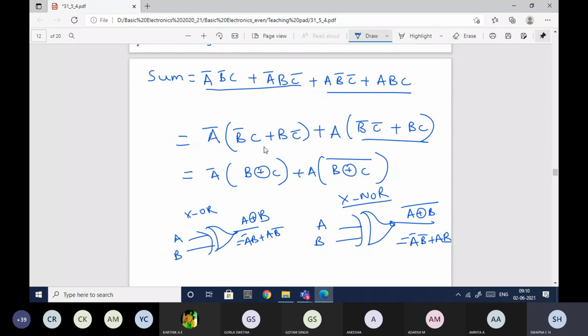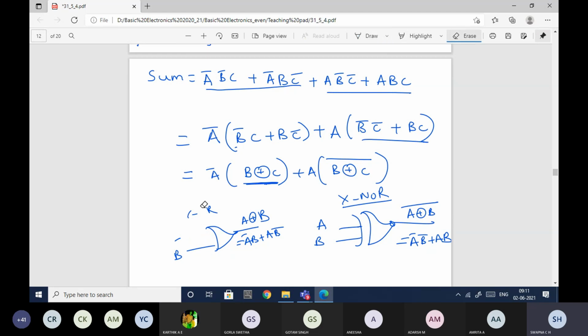Here, if you observe, in place of A and B you have B and C, that's it. So B bar C plus BC bar, which we can write as B exclusive or C, plus A into B bar C bar plus BC, can be represented as B exclusive or C whole bar. Any doubts here? In place of A you have B, in place of B you have C, that's it. In place of A you just have C. So we can represent B bar C bar plus BC as B exclusive or C whole bar.